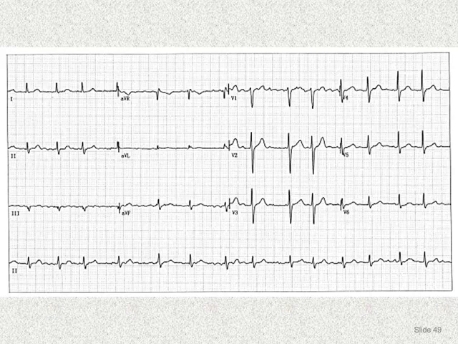Again, in this example, as you see here, assessment. First thing we will see the rate and rhythm. To calculate the rate, we have to determine whether this is regular or irregular. As you see here, we have irregularity,